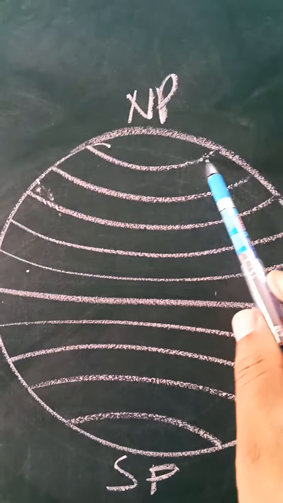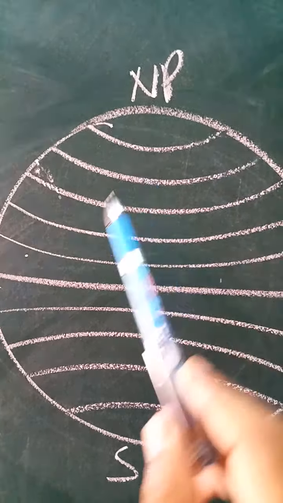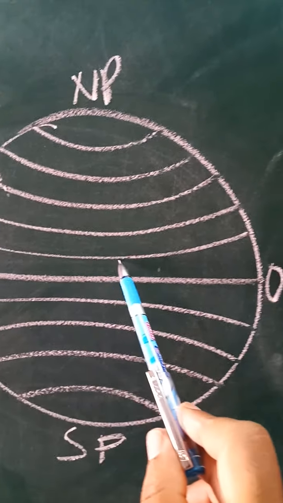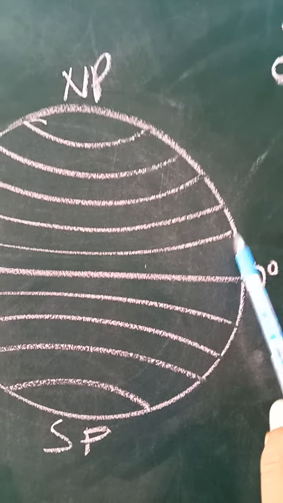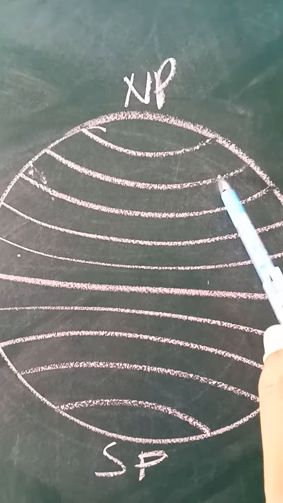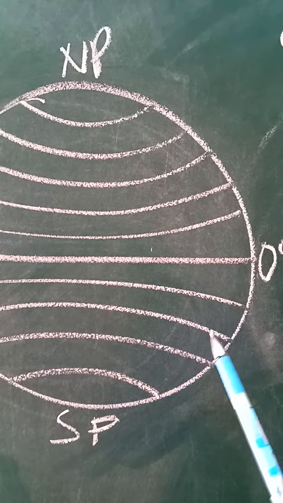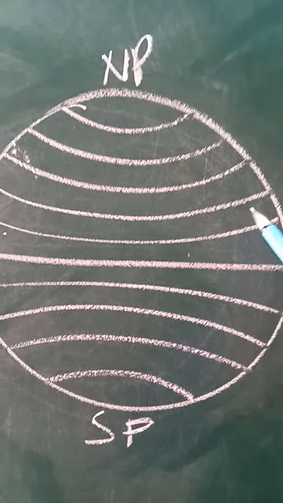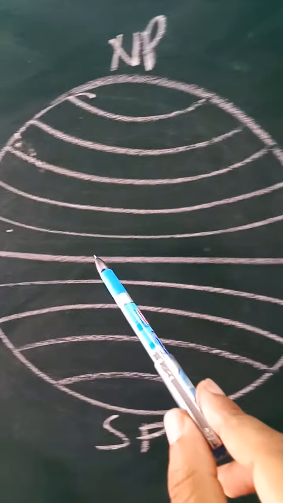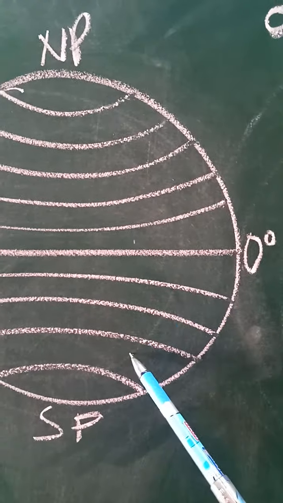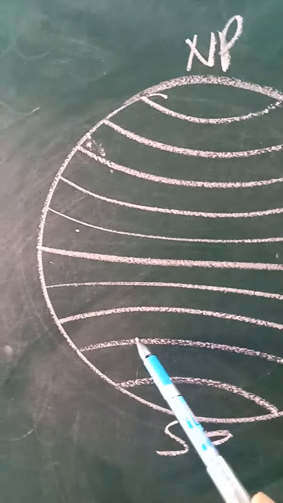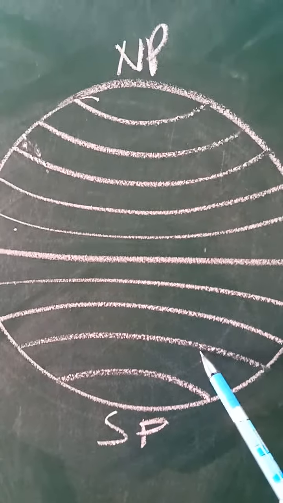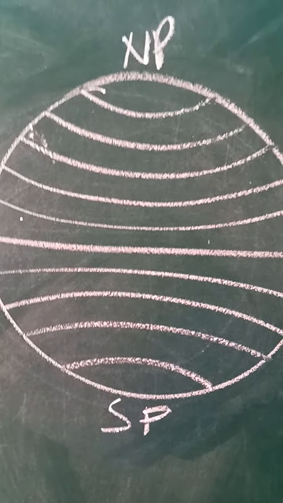Likewise in this part of the north pole, and you find the latitude here is quite large in its circumference, and you see that it decreases in its size as they reach their respective poles. So they are called small circles, except the equator that divides the earth into two equal halves. But all other lines of latitude do not divide the earth into two equal halves, hence they are called small circles.